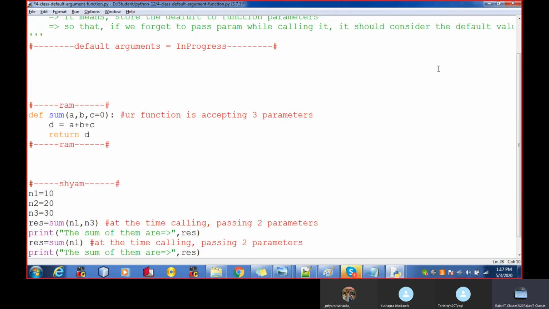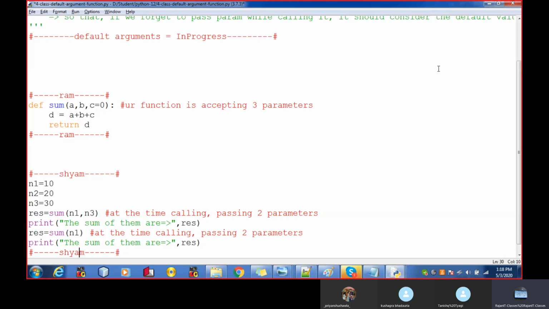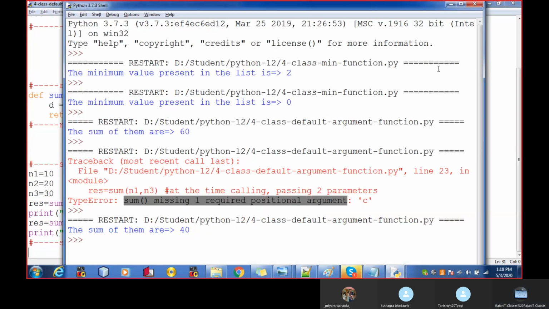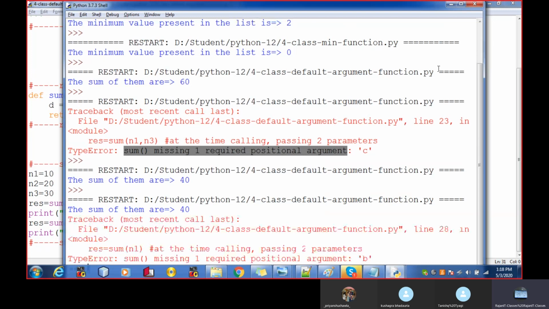In this case, I forget to pass the value to B, and I forget to pass the value to C. C is well taken care of because it has a default value of 0, but B is not, because B doesn't hold a default value. If I run it, it will throw an error. See, missing one required positional argument B. It means we have to pass the value to B.